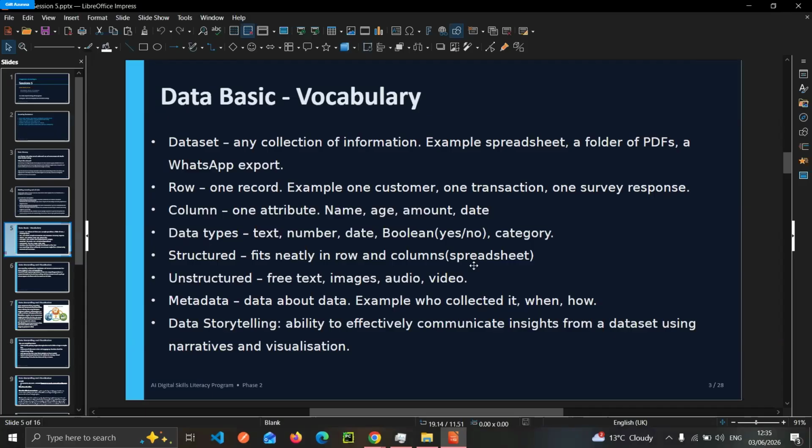Metadata. Metadata, from the word meta, is data about data. For example, who collected it, when and how. To give an analogy, when we were in school, and I'm sure the same thing happened in your school, there used to be roll call, where the teachers took note of those who were in class.